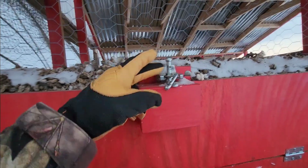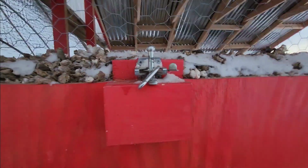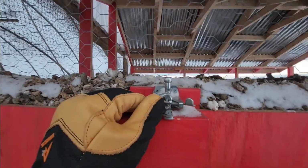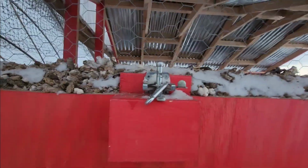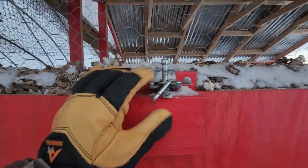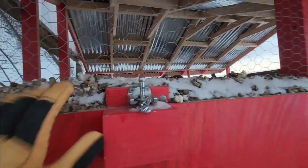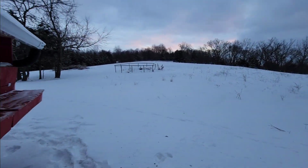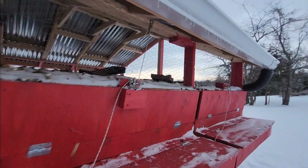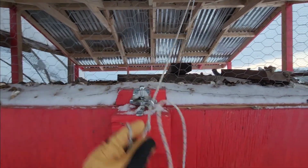This latch really is not supposed to be vertical. This latch should be horizontal. Horizontally, it works really well. It just happened to be the latches I had at the time when we were building this, and it's not my favorite. But to keep the box from opening up, I put a little clip on here. The reason we don't want it opened up is because I don't want the chickens getting out and going all over the farm. So in the mornings, we let the nesting boxes down,